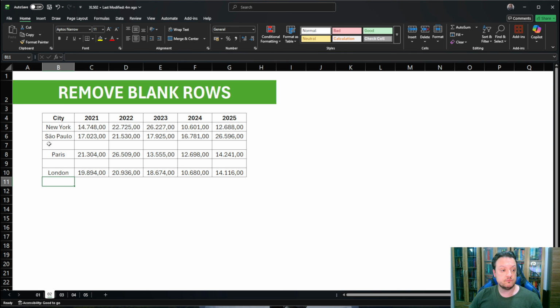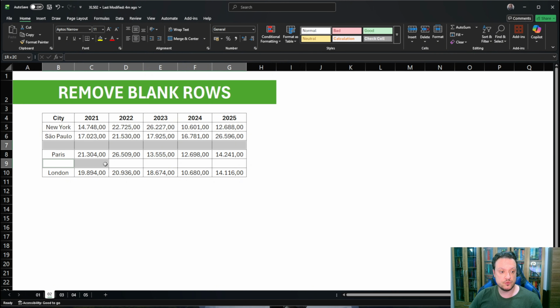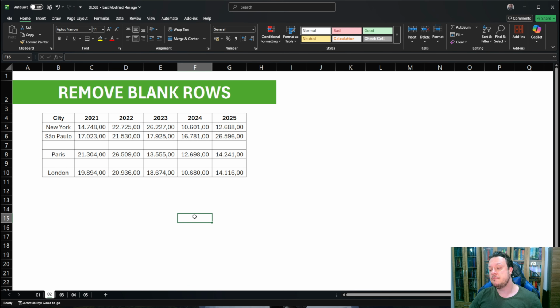So here it's very simple to remove. We just have two rows here. We can select them manually. But imagine that you have a table with, I don't know, 100 rows, 1,000 rows, 100,000 rows or more. It's pretty tricky, right? So how can we do it? We can select the whole table,